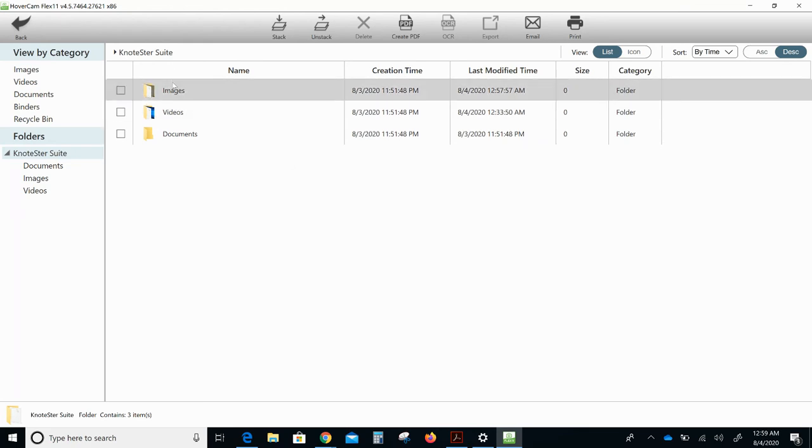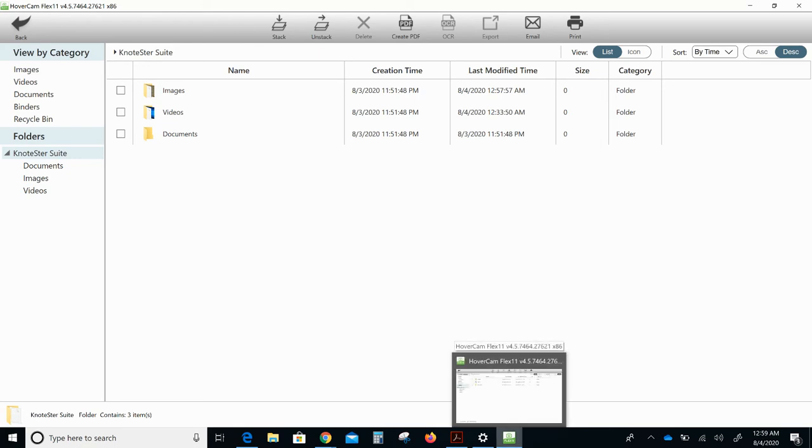I would suggest that as you make a recording or make a snapshot, that you name those files immediately with the date so that you